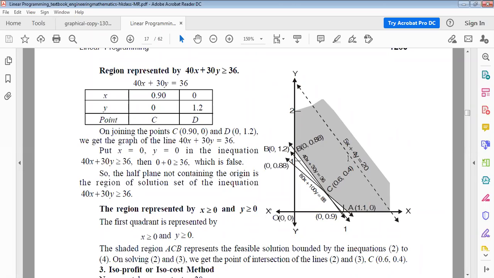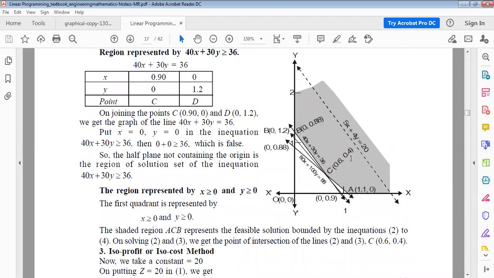Understand, everybody? Understand? And these are the corner points. So